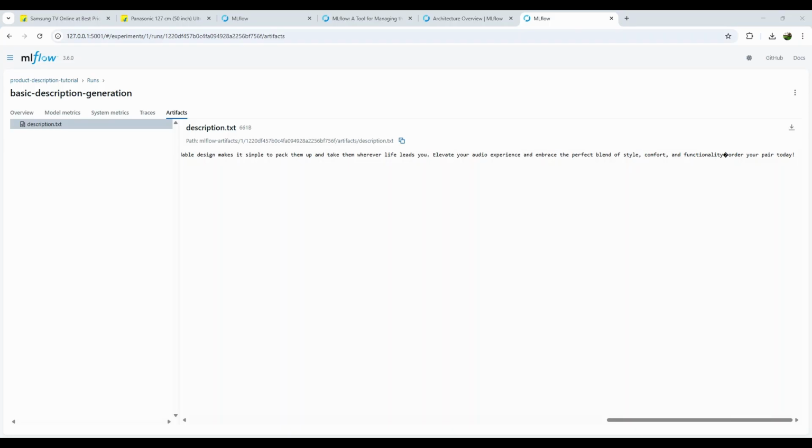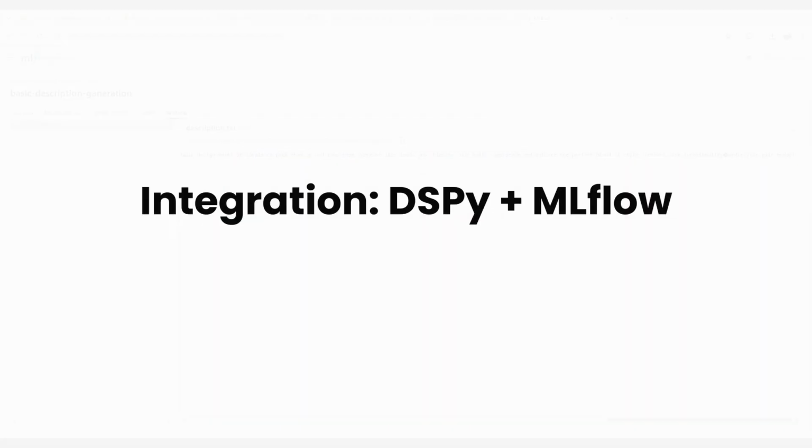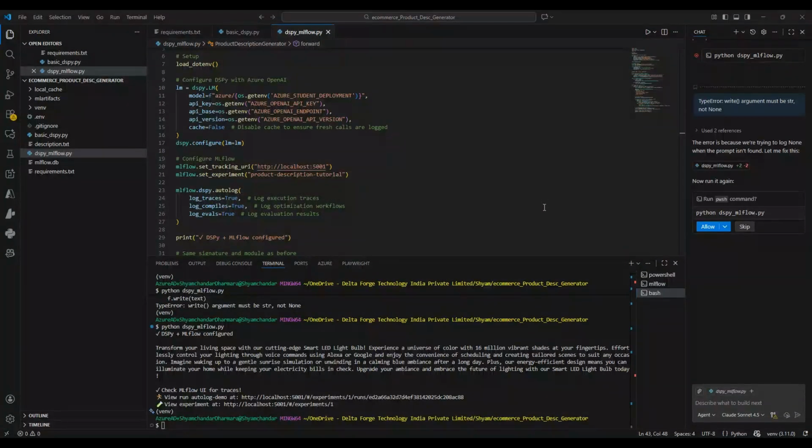We are not tracking the prompt itself. That's where prompt registry comes in. Let's skip ahead a bit and see the full integration. MLflow has built-in DSPy support. Let me show you autolog. It tracks everything automatically. Here we have implemented